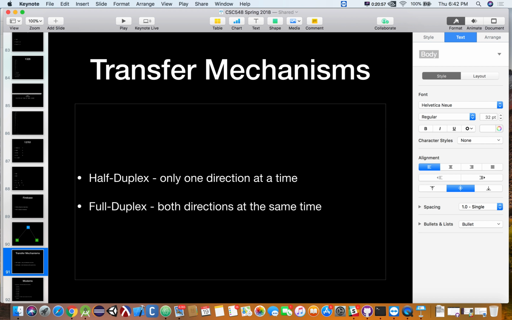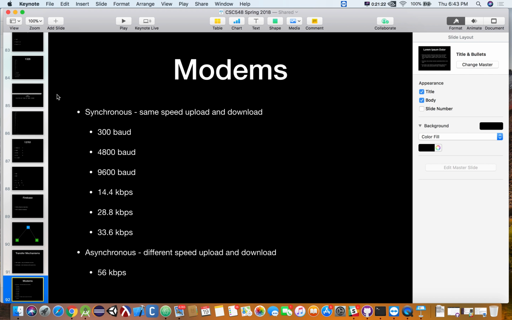Now, most of our connectivity stuff today is all full duplex, right? If it's not, it's on purpose for a reason. It's not that we don't have the technology to handle it. It might be more like a walkie-talkie type thing, where you push the button when you're talking and now you can't receive anything while you have the button pushed. Okay, so all of these modems were synchronous. And this modem was asynchronous.